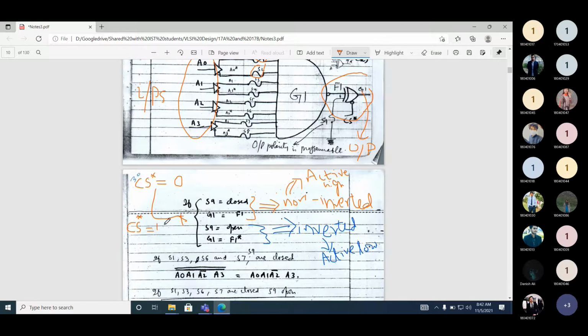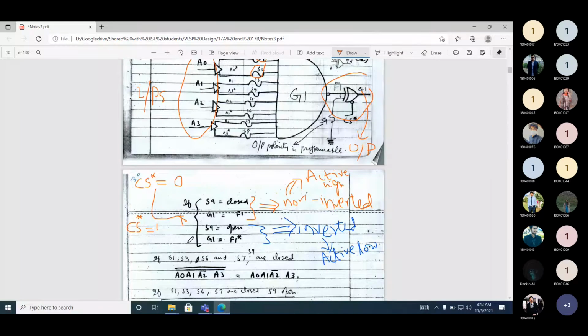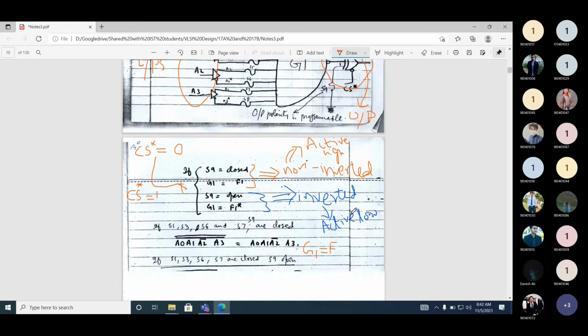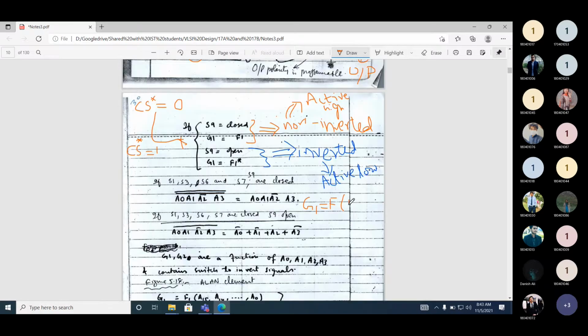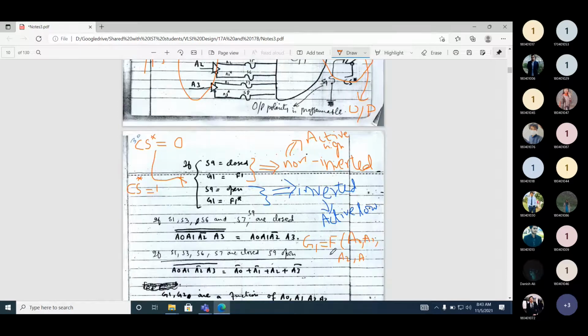Now if you look at the input side, can we write the output G1 like this? The output G1 is a function of what? F1, and the output G1 is a function of A0, A1, A2, A3, and CS.